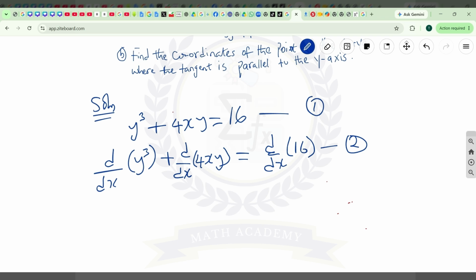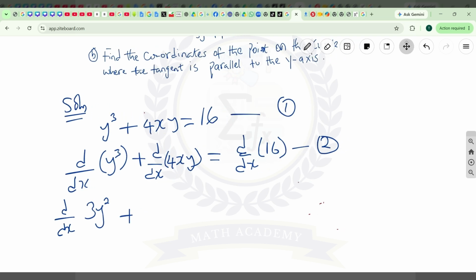So differentiating y cubed, this is going to be 3y squared dy/dx, plus, when I differentiate this 4xy,